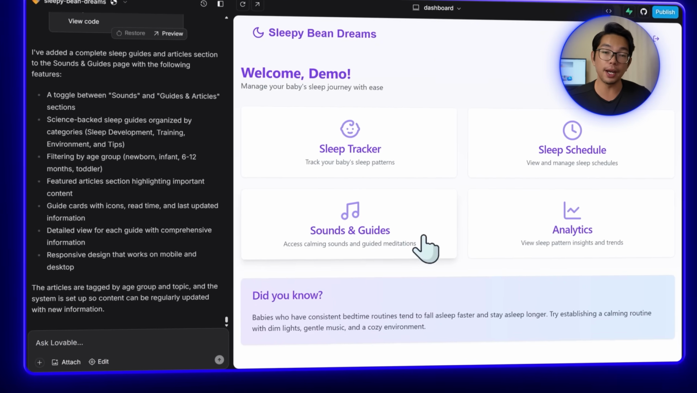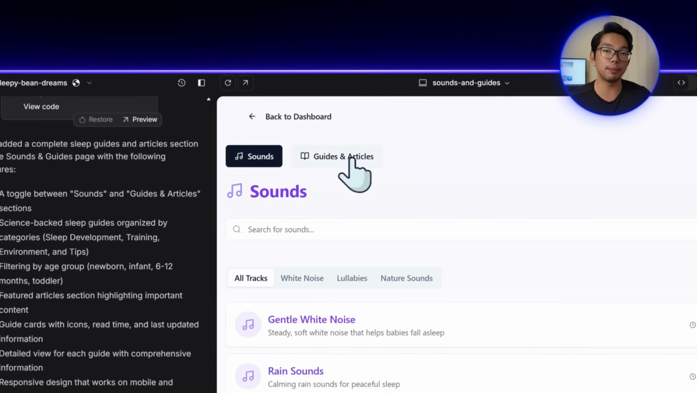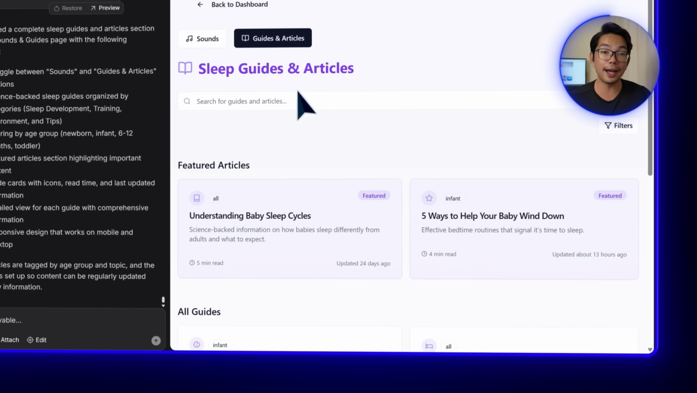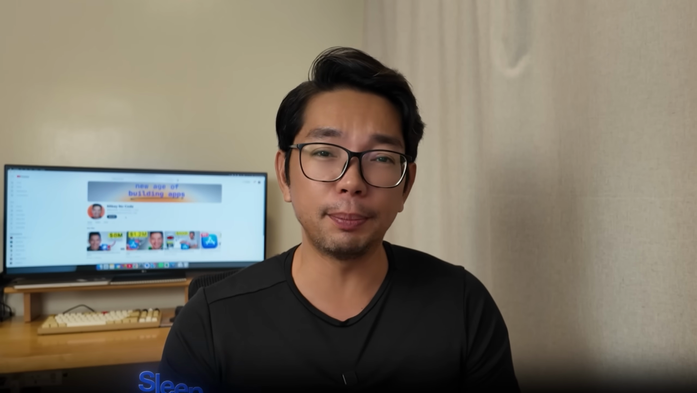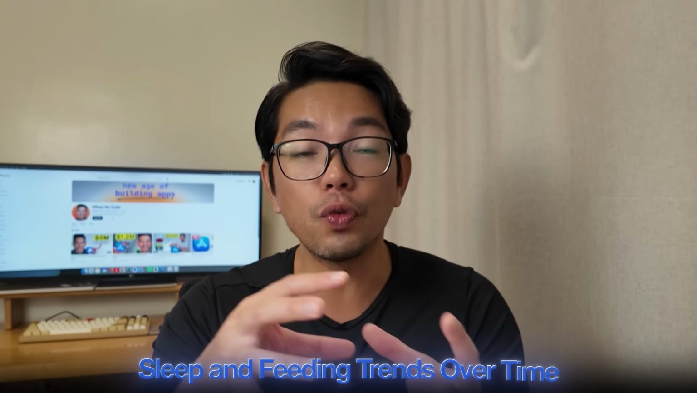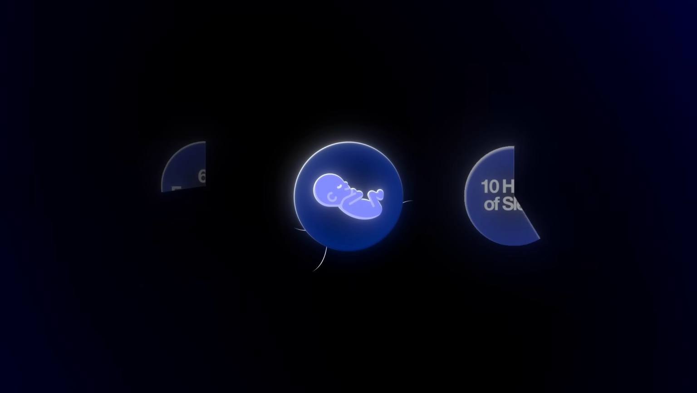And after making that update, there's a new section added, sleep guides and articles, where parents can browse through articles and guide topics related to their baby's sleep. Analytics. Understanding your baby's sleep and feeding trends over time can be incredibly helpful, and that's where the analytics feature comes in. This section is meant to give parents a clear visual overview of all the data they've been tracking